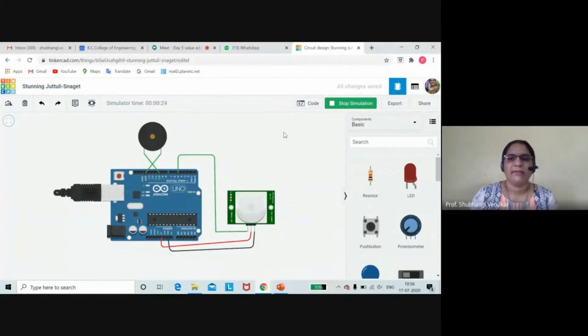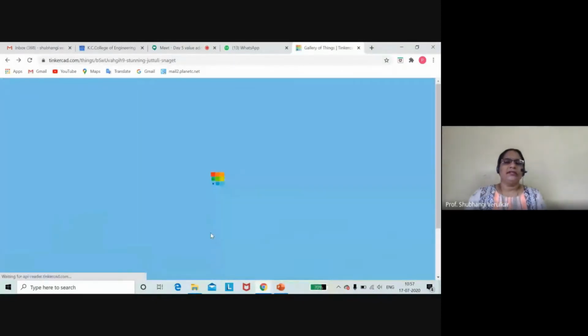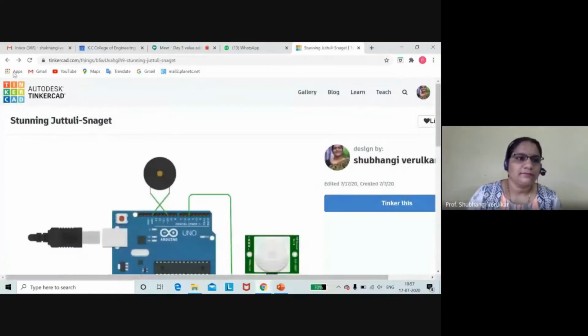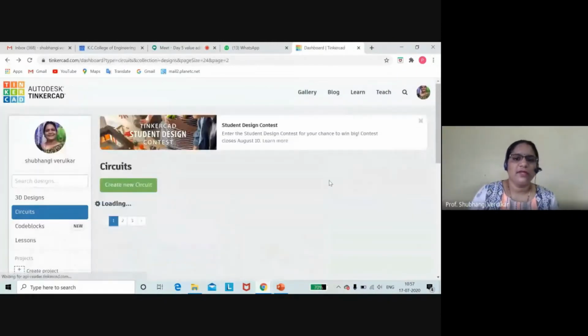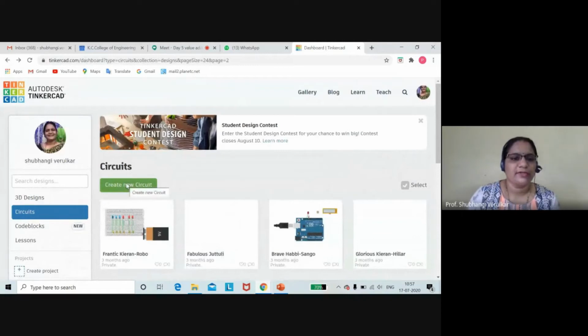We will start with a basic thing. So up to this is clear how you are going to come inside the Tinkercad. We can say the software. Now what we will do, we will go back. I will introduce you this screen. So now what we are going to do, we are going to click on create new circuit.